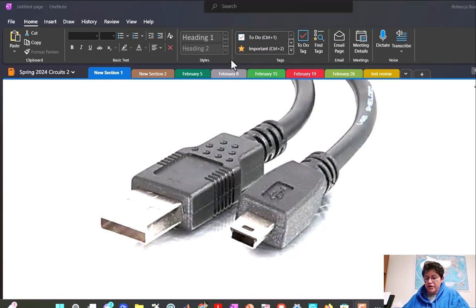I've never used Camtasia with the camera, so I'm not sure where the camera is. I mean, I know where the camera is. I'm not sure if this is going to work, but